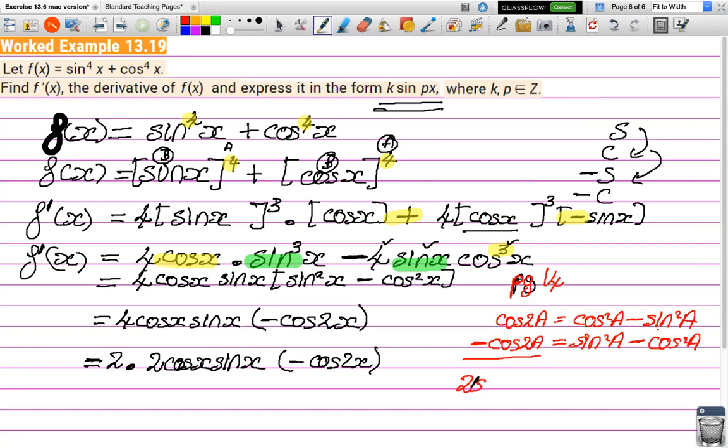The formula says 2 sine a cos a equals sine 2a. So if I swap those around, it's still going to be the same thing. 2 cos a sine a, it's the same thing, is equal to sine 2a. So 2 cos x